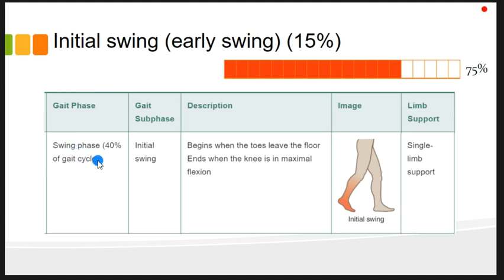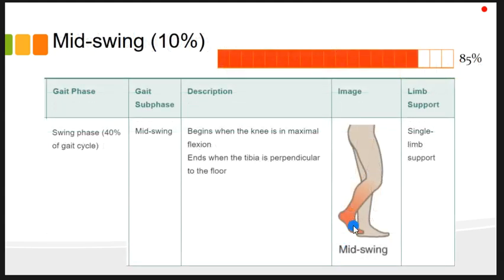So we know that the swing phase does compensate for 40% of the gait cycle. And there's this initial swing phase. So this swinging is going to occur underneath the center of mass, underneath the body, before it starts to get further into the body. So it's going to start a little distal and then it's going to go towards the center of mass. Because in the mid-swing phase, you could see that the reference extremity is basically under the center